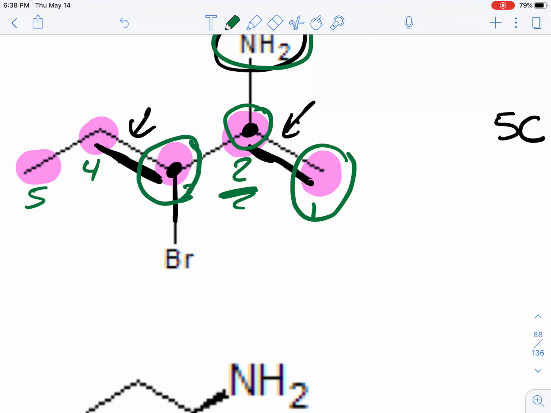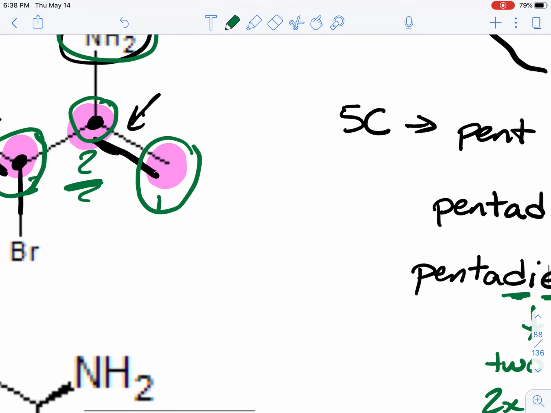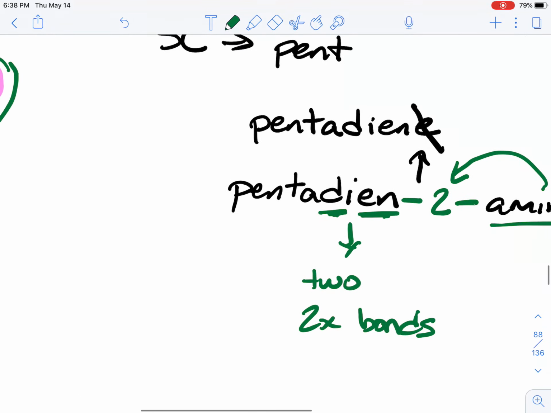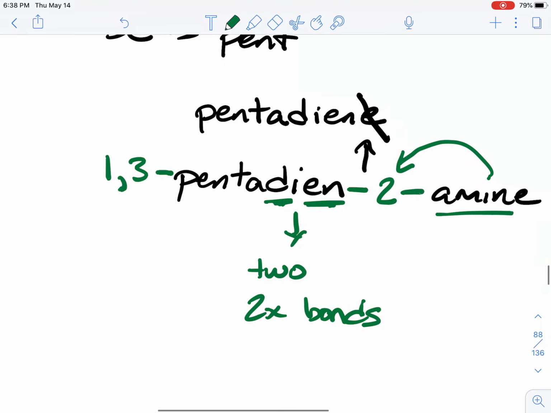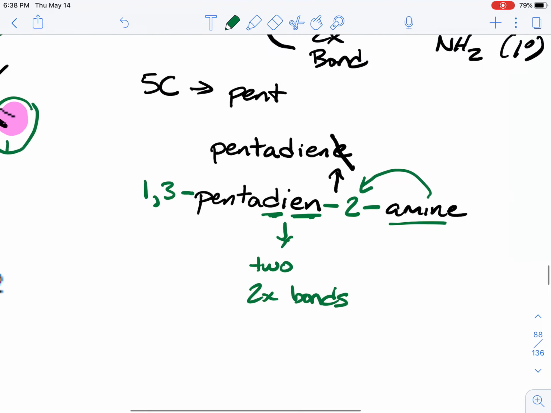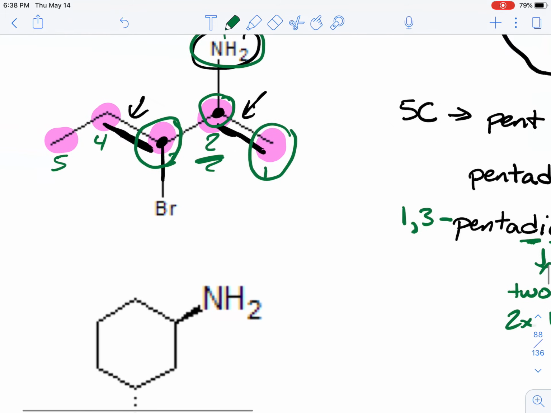And on carbon number 3, I have the beginning of another double bond. And so this is going to be 1,3-pentadiene-2-amine. Now we're not done yet